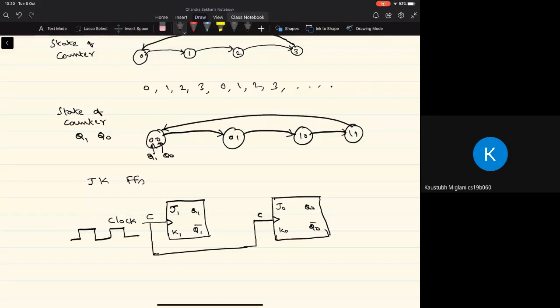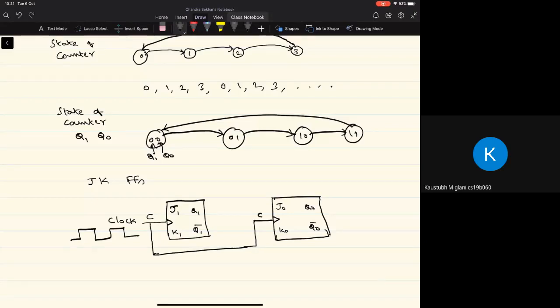So that when the next event occurs, again the control signal can go high. Okay, and typically, if it's an edge triggered flip-flop, as indicated here, the effect of these inputs will take place only after this clock signal goes from 0 to 1. Now, the state of the flip-flop is given by the output Q1 of this first flip-flop here, then output Q0 of the 0th flip-flop here, right? So now what we want is to determine what should be the J1 K1 and the J0 K0 in such a way that the circuit built using these 2 flip-flops will follow this count sequence whenever the clock signal comes, right?